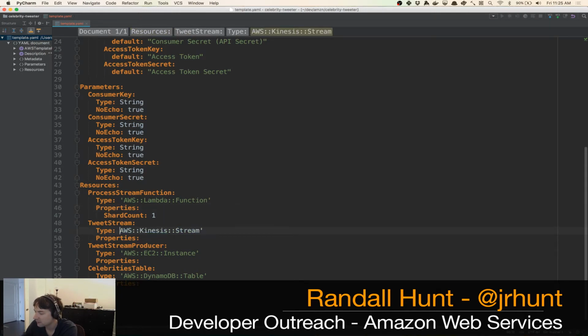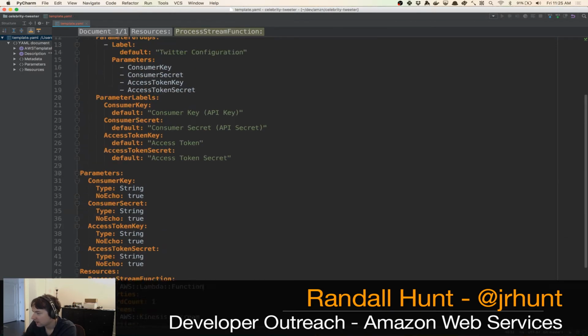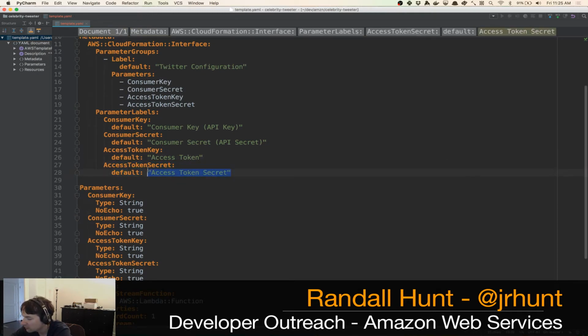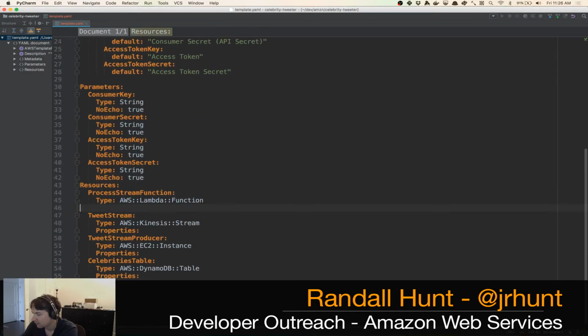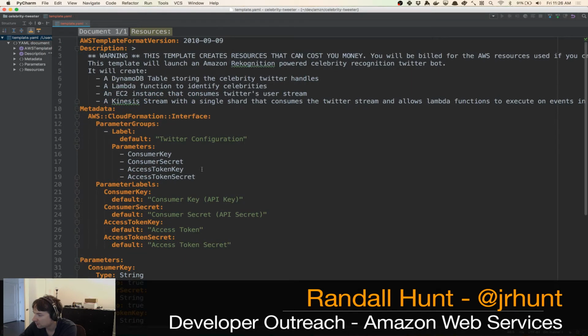So in the Kinesis stream, I don't actually like having quotes around these function names, or these function types. Seems overly zealous to me. I like having quotes around the things that are actually strings that are presented to the user, but beyond that, I don't. So this is our tweet stream, and then this is our Lambda function. And let's see, the Lambda function is going to be, oh, there's one other thing that we have to build actually, which is going to be our